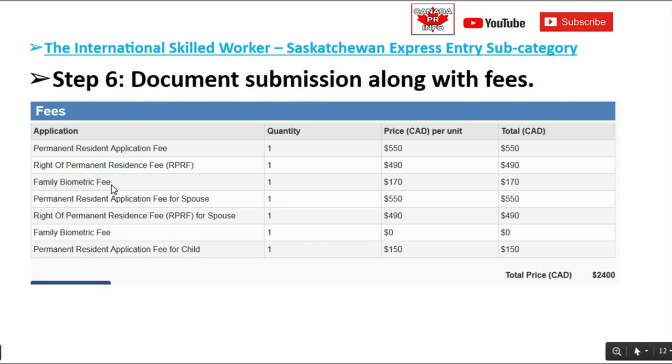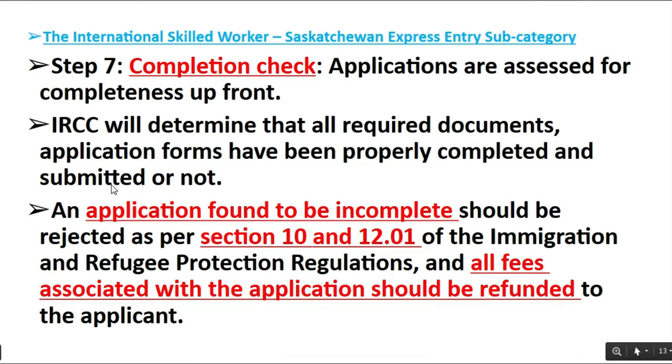Okay, so now let's go ahead and assume that you have submitted your Express Entry application along with all the supporting documents and paid the application processing fee. Now, the next step is the completeness check. So, all the applications are assessed for completeness upfront. So, IRCC will determine whether all the required documents and application forms have been properly completed and submitted, along